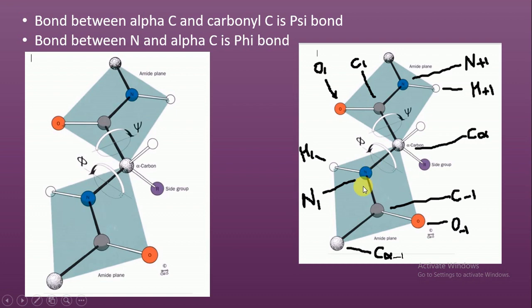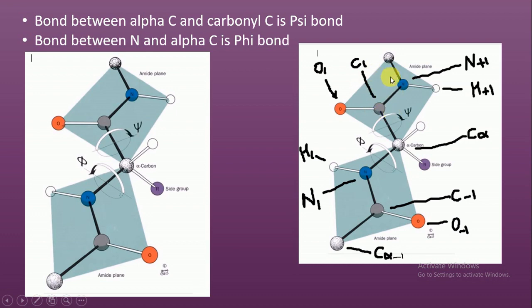Now, these structures, this oxygen -1, carbon -1, nitrogen 1, hydrogen 1, these all lie in a single plane. Similarly, this oxygen 1, carbon 1, hydrogen +1, nitrogen +1, these structures lie in one plane,